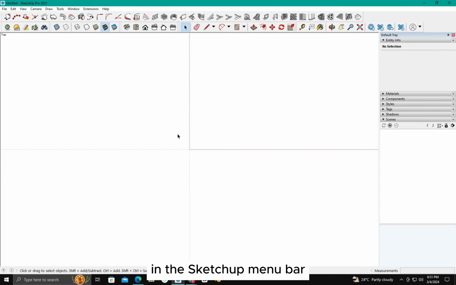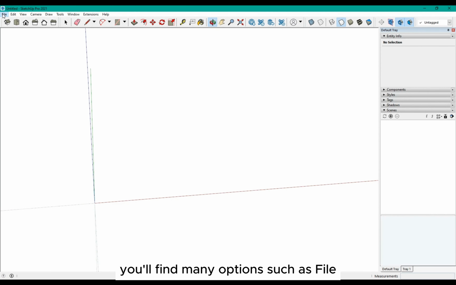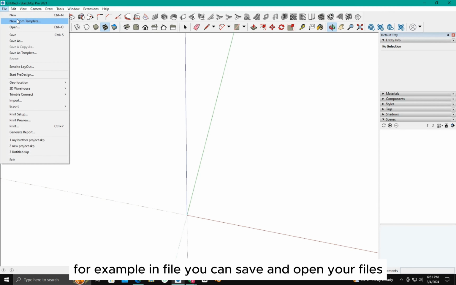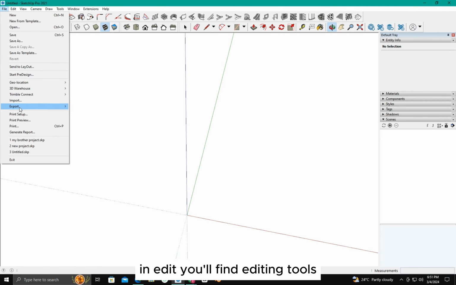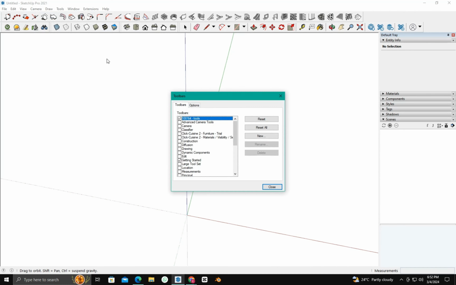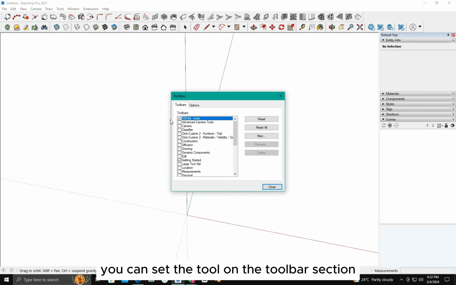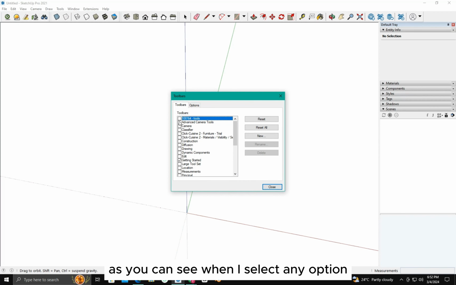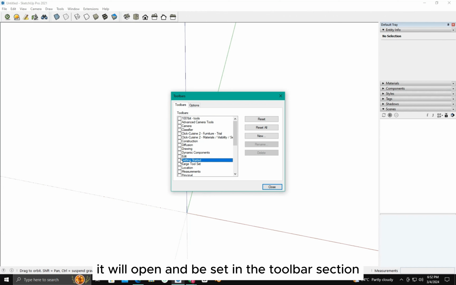In the SketchUp menu bar, you'll find many options such as File, Edit, View, Camera, Draw, and more. Each option has its specific use. For example, in File, you can save and open your files. In Edit, you'll find editing tools. In the View option, you can set the tool on the toolbar section. Select what you want. As you can see, when I select any option, it will open and be set in